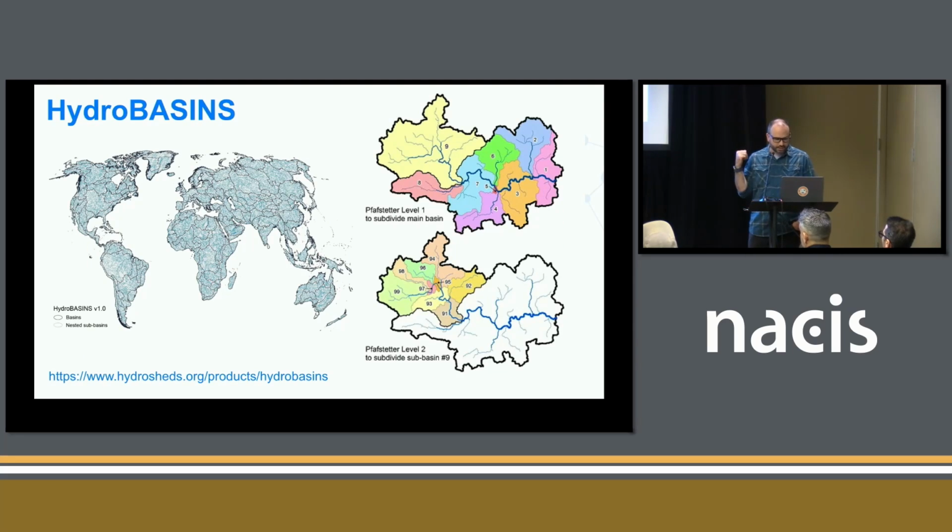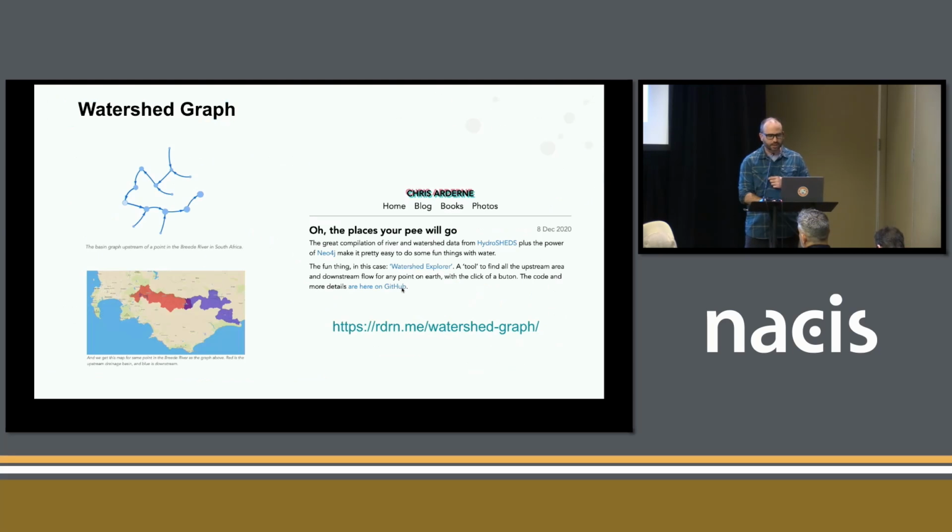A good data source for this comes from the HydroBASINS project, which has several different flavors of this. You can see how these larger basins can be subdivided, and as here we're having a stream and a river flow, we can see the graph connection as the river flows from one basin into another. Someone from the Neo4j community took this data from HydroSHEDS for the whole world at the most fine-grained level,